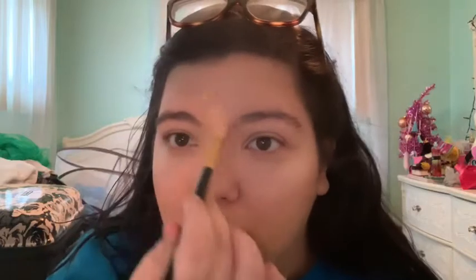So the tops of my cheeks, center of my nose, bridge of my nose, tip of my nose, chin, and Cupid's bow. And I like to add some to the forehead as well. Now that we have added highlight,